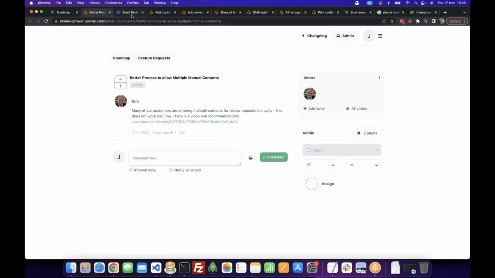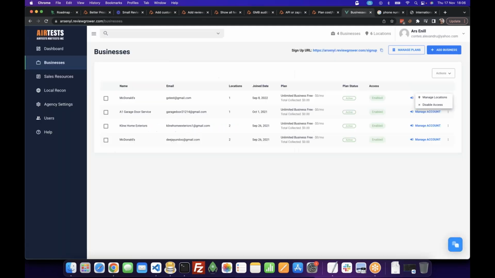Okay, I'm not sure if you guys were able to hear all of that, but what Tom was saying here is that when you add a contact using the external contact form, there's no way to add another one unless you refresh, and not everybody knows they can do that. So it would be nice to add a button to click add another or add more, and then same in the business account, when you click to add a contact manually, then the pop-up goes away, so you have to click again. And in there, we could also add